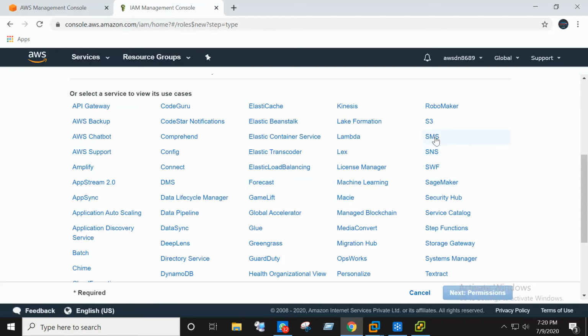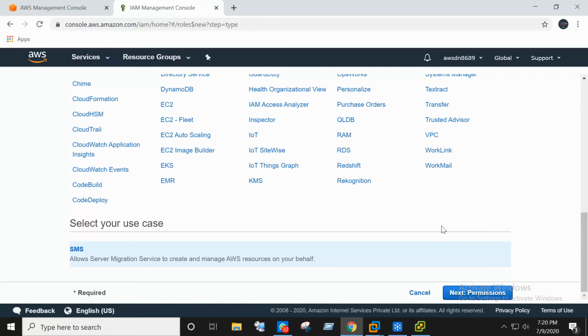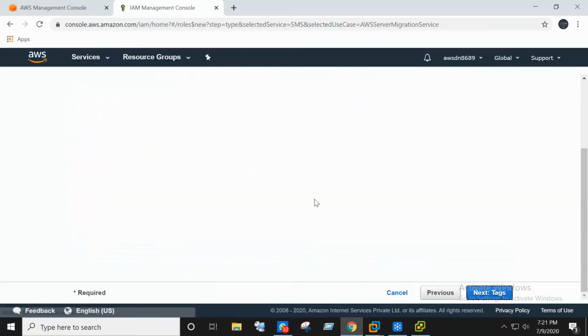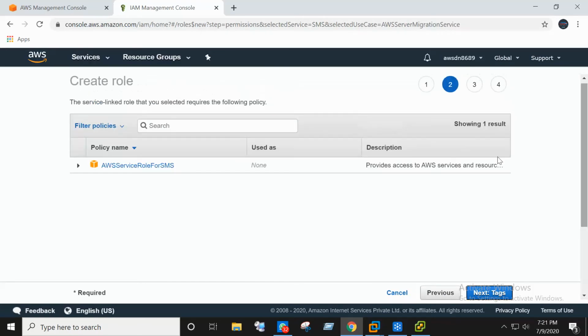This is the SMS service, server migration service. Click on next. My console is slow, guys. Okay, now this is the AWS service role for SMS.